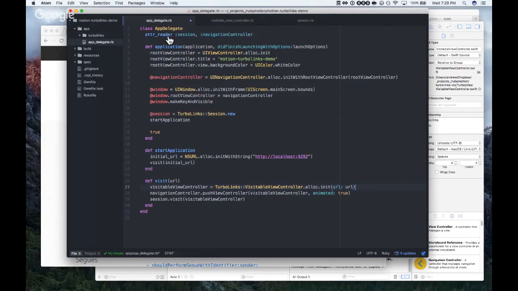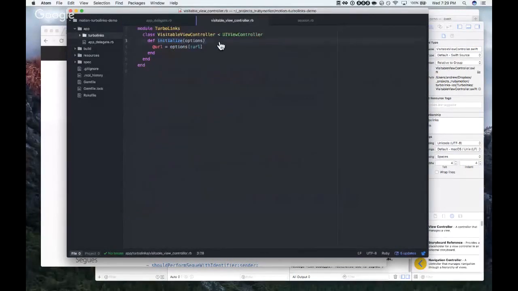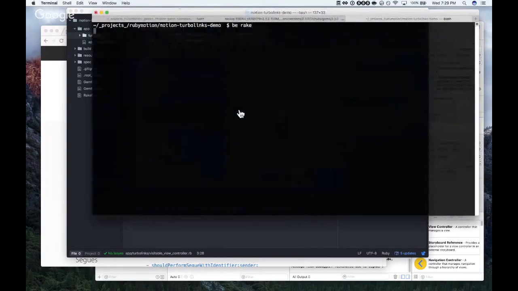So I'm going to say new, and I'm going to assume this works. I might need to call super, but I'm going to try it just like this. See what happens.